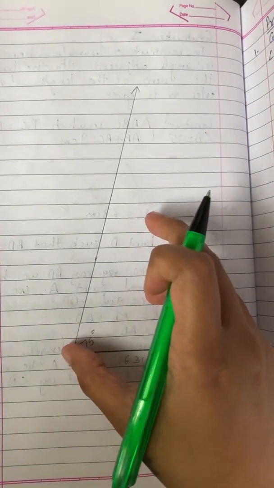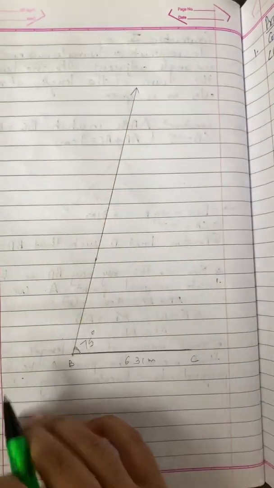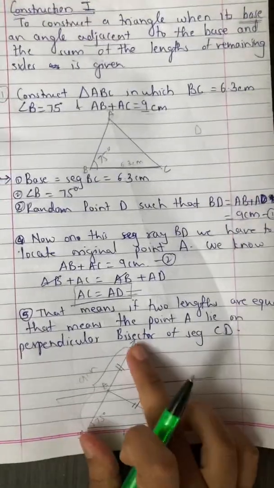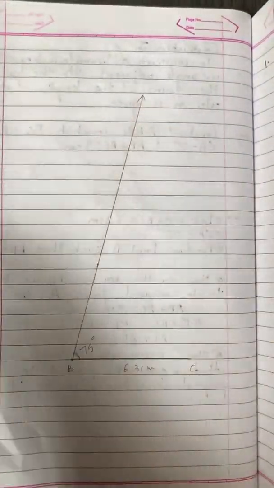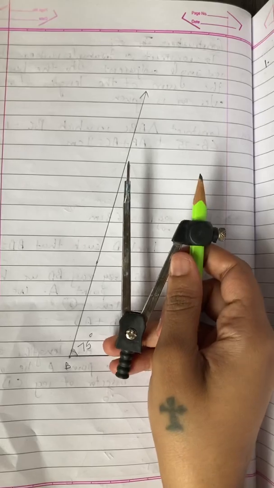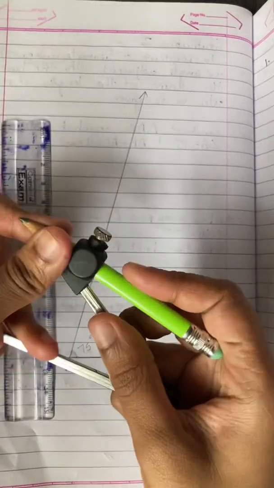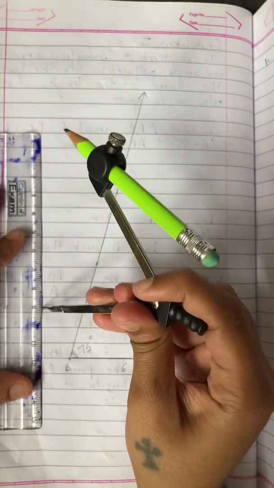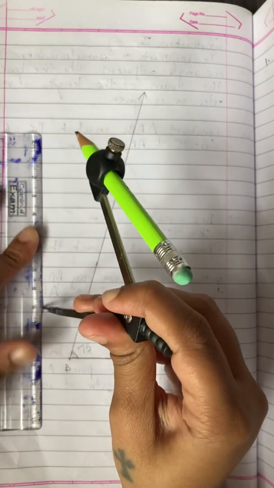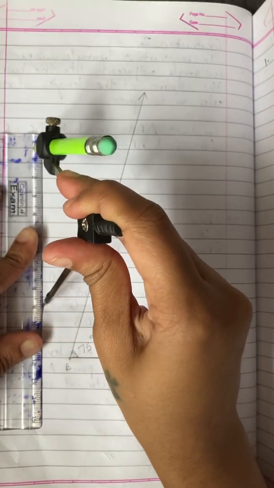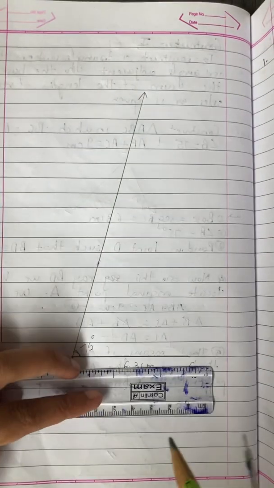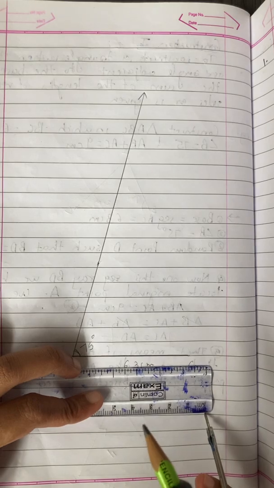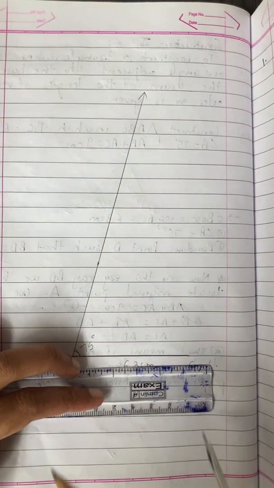Now from point B, you have to locate point D. From point D we have considered randomly, which is at 9 centimeter. So always when you have to locate any point on a ray, you have to locate it by using a compass. So by using the compass, stretch it and take the length of 9 centimeter. So I'll keep it on 9 and pencil point on 0. Alright, is this perfect or not? I'll just see. No, it's not perfect.